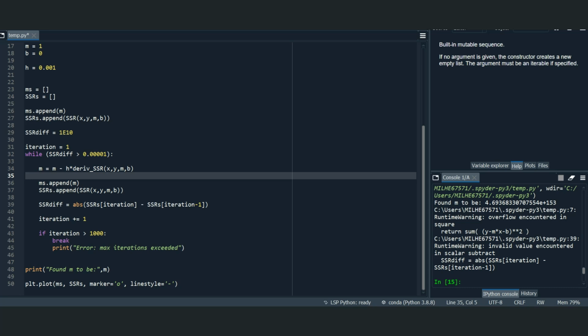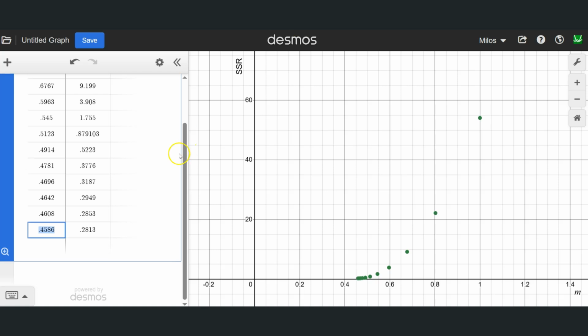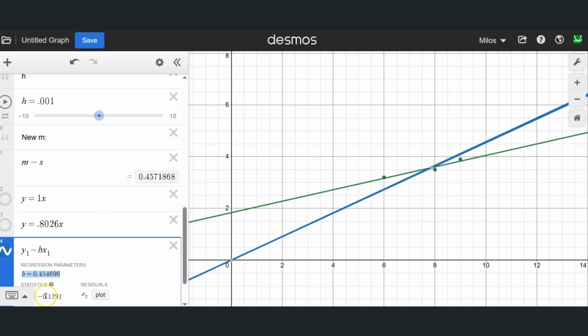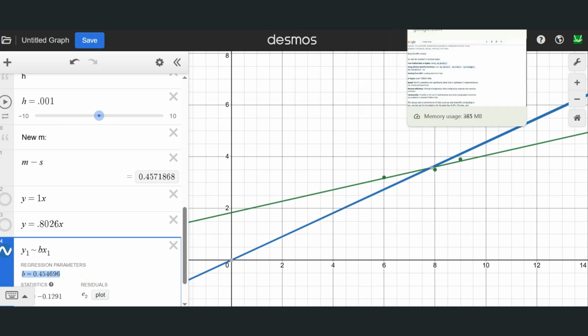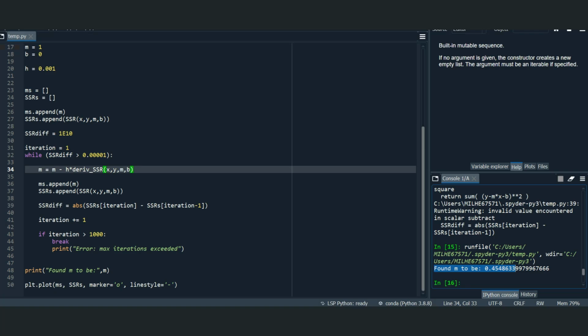Okay, so let's run this. Okay, so notice no error. It found the slope to be 0.4549. And if we come back here, our 0.4547 was the correct value, but because there's a certain level of precision that we set before this thing terminated,